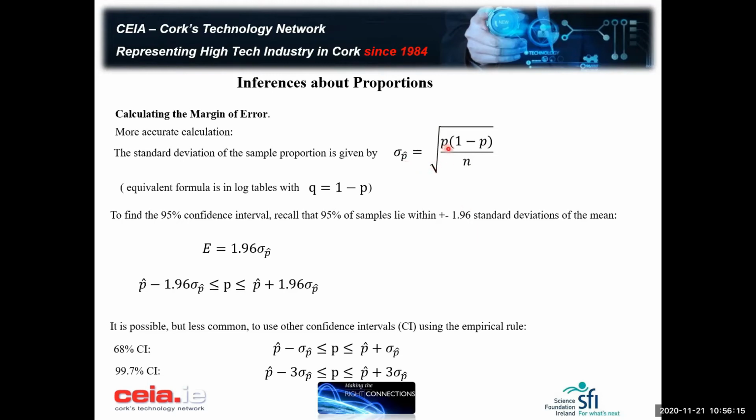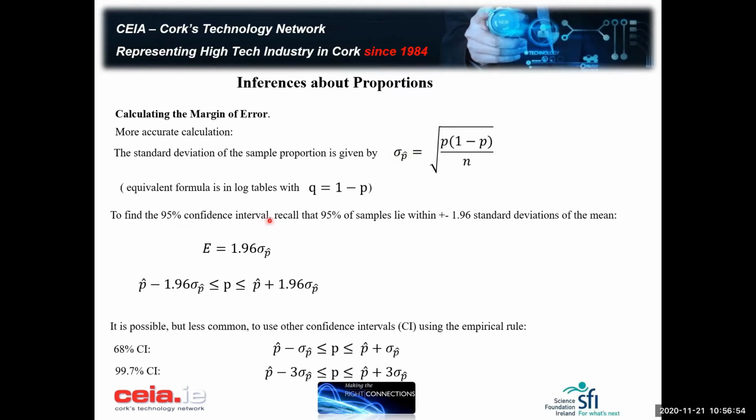So if you know p, then you can work out this standard deviation in p. Sometimes you actually don't know p because you've only got p hat. Since generally p hat is close to p, you would then use p hat in this formula instead of p. And that's valid for working out this standard deviation. And once you have this standard deviation in the p hat, which is a measure of the spread of these p hat values, or a measure of the accuracy,